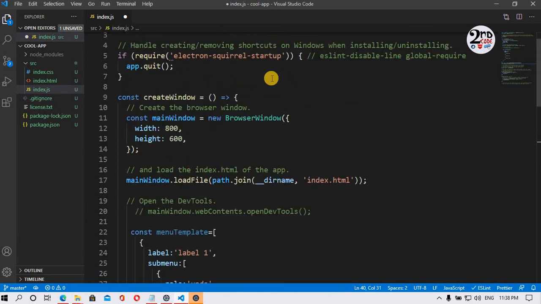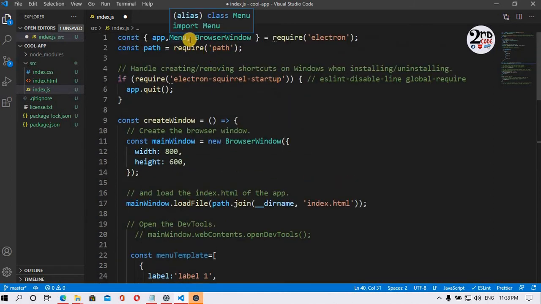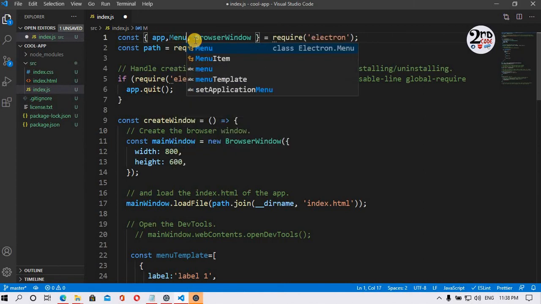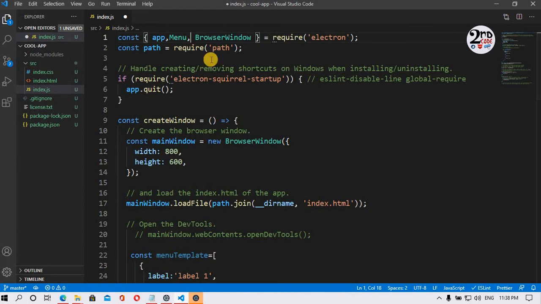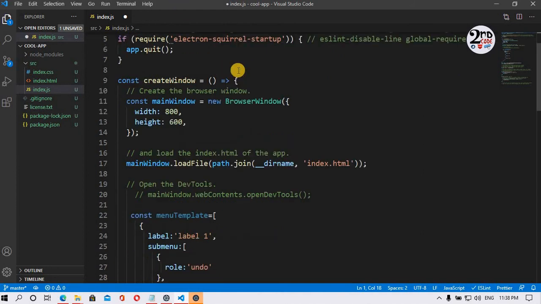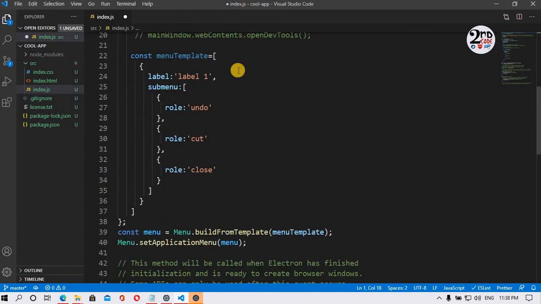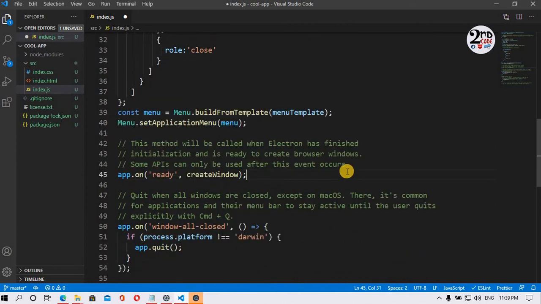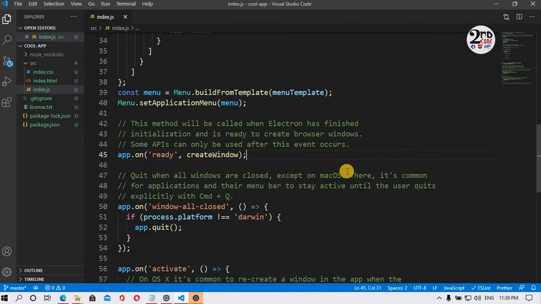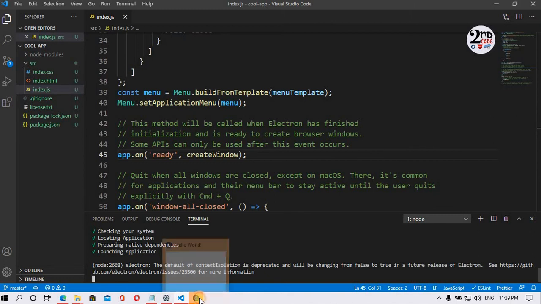First of all you have to change something here. I already have written it, but if you haven't, write Menu here so it can call the Menu module from Electron. Now save it and open your terminal. First of all close it.